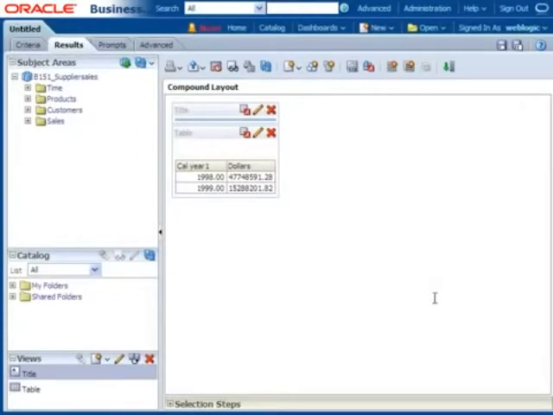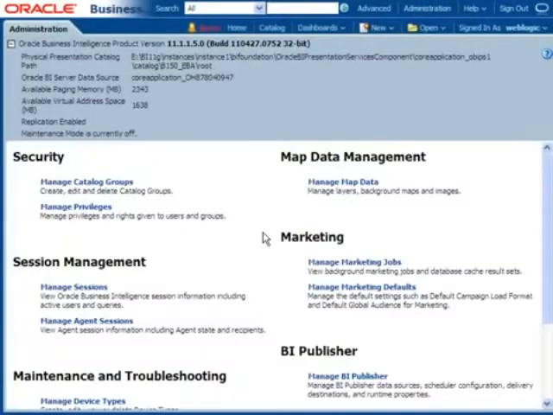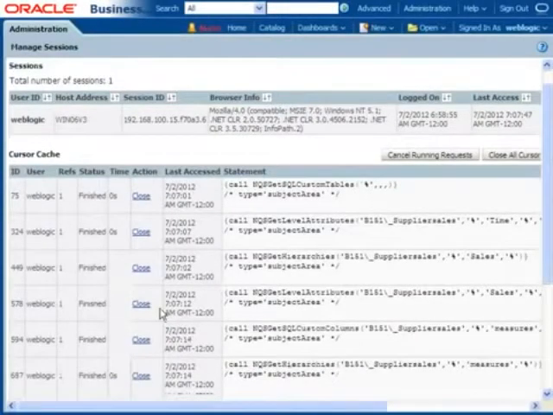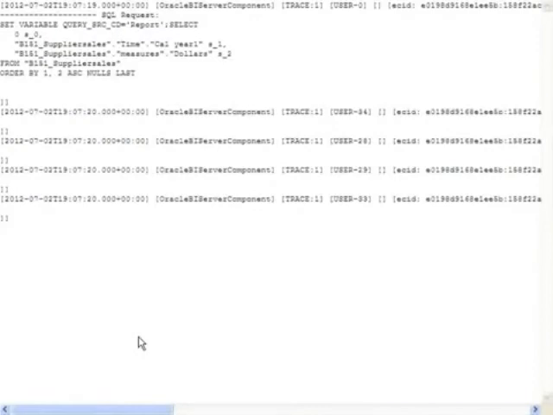But I am a customer or client, and I am complaining that the data you are showing is wrong. How can you prove yourself, how can you justify that this data is correct? We need to go back and see what SQL query it has written. For that purpose, I am going to Administration. There I have an option called Manage Sessions, and there I have an option called View Log. Always your log will be last but one. So I am going for this View Log. Whenever you open this View Log, we see what is here.